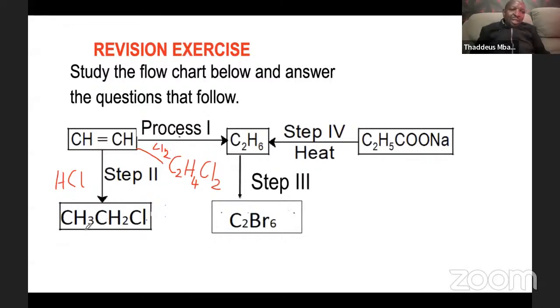The product has how many hydrogens? Oh, by the way, this one should have been CH2. So what have we added here? You see, the reactant has four hydrogens, but the product has 5, meaning one hydrogen has been added, and the product has only 1 chlorine, meaning that whatever has been added to this compound is hydrogen and chlorine. So the reagent is HCl. So don't jump to conclusions just because you have seen chlorine in a product, then you say the reagent is chlorine. Do we understand?